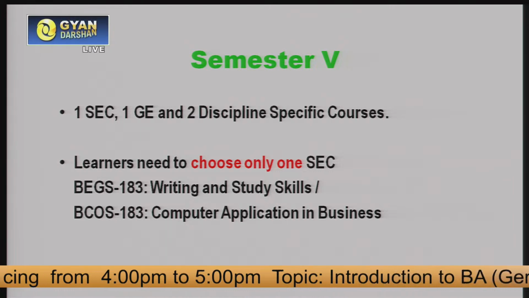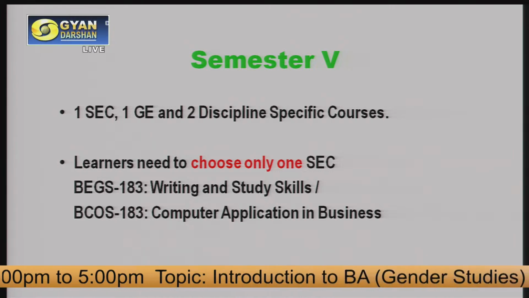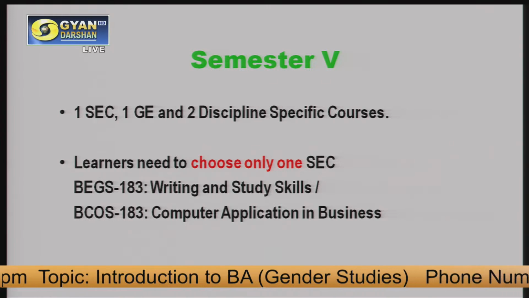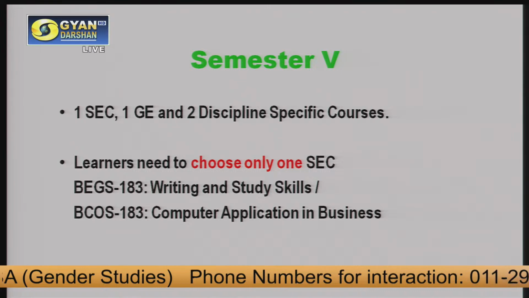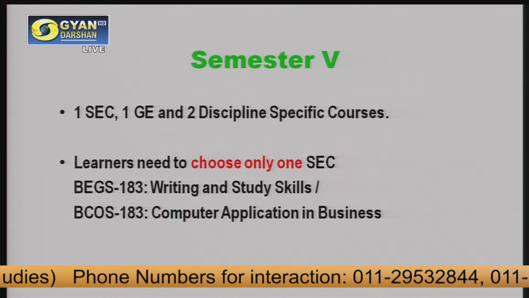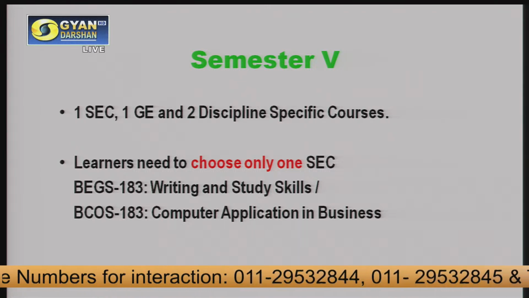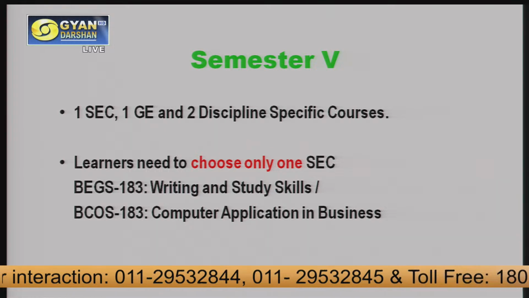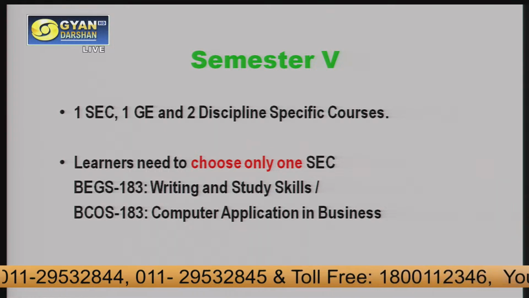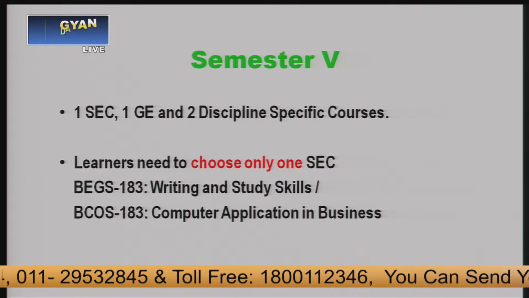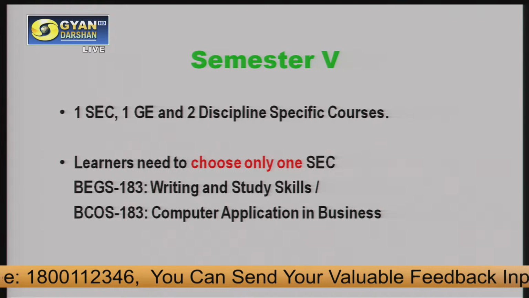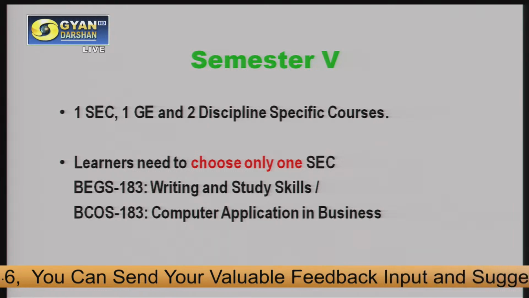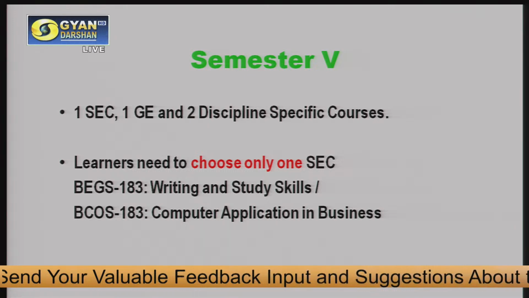अब स्किल एनहांसमेंट जो रहेगा उसमें एक ऑप्शन आपको मिलेगा, वन इज BEGS 183 राइटिंग एंड स्टडी स्किल्स, और दूसरा है कंप्यूटर एप्लीकेशन इन बिजनेस। यहाँ पे 5th सेमेस्टर में आने के बाद आपको एक मौका मिलेगा कि हम कंप्यूटर भी कर सकते हैं, साथ में अगर अंग्रेजी करने का मन नहीं है तो आप कंप्यूटर एप्लीकेशंस ले सकते हो। वो शायद आपको स्किल में काफी काम आए आगे जाके। तो इसीलिए हमने वो ऑप्शंस भी रखा है आपके लिए।